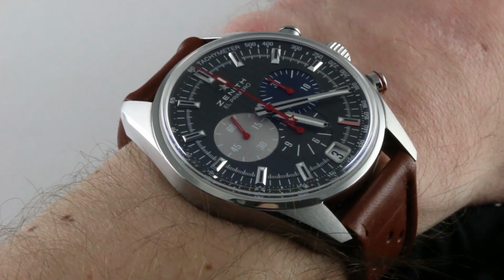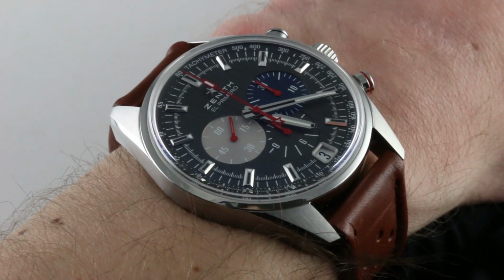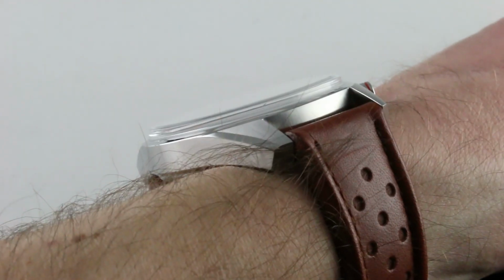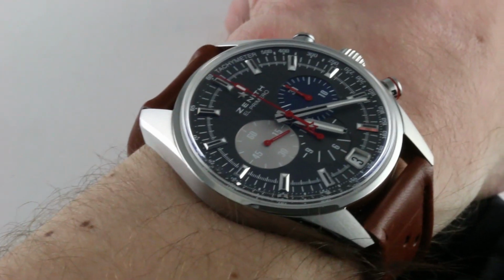Today we're discussing the Zenith El Primero 36,000 vibration per hour Classic Cars Edition from 2016. You can see this stellar Geneva Wave ruthenium dial El Primero chronograph inspired by classic automobiles,